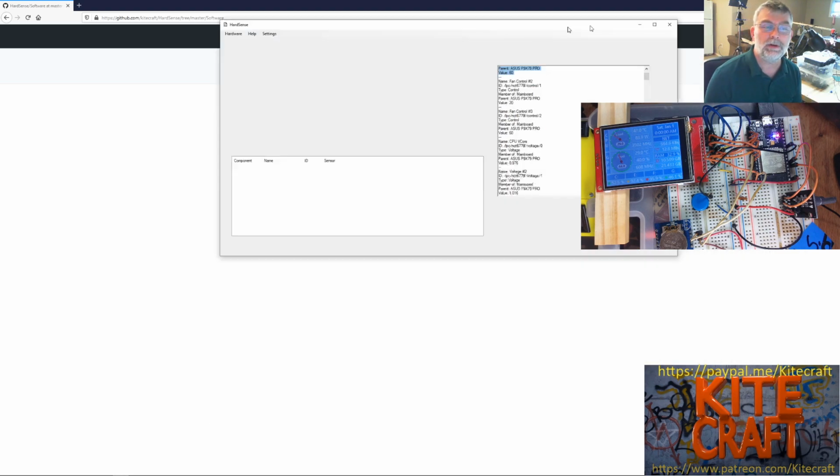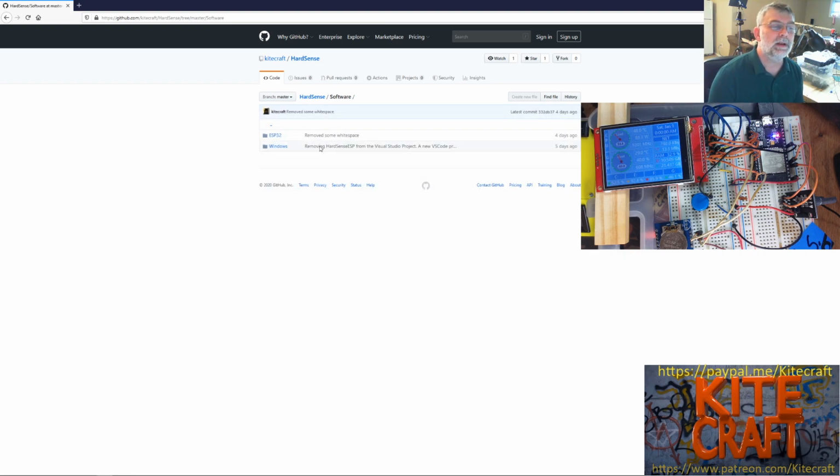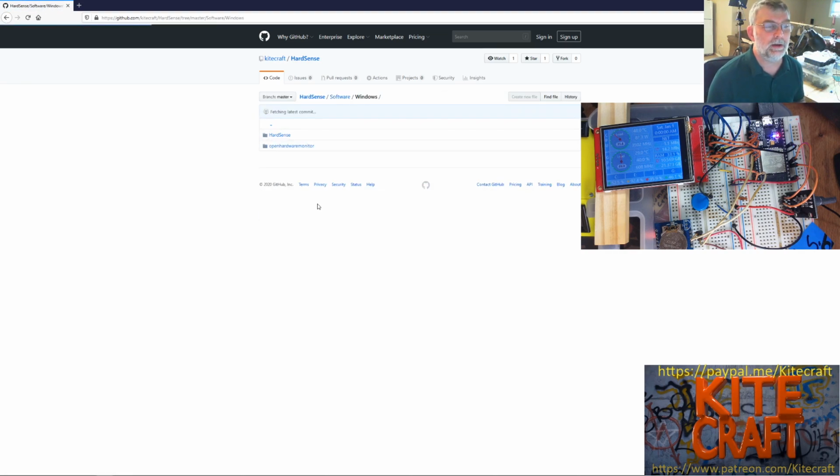So this actually just runs as a tray application on my computer. When I hit close, it doesn't actually close it, it just minimizes it down to the tray. Inside here, ESP32, this is what I'm working on today. Now, the Windows application is meant to be built and run as a